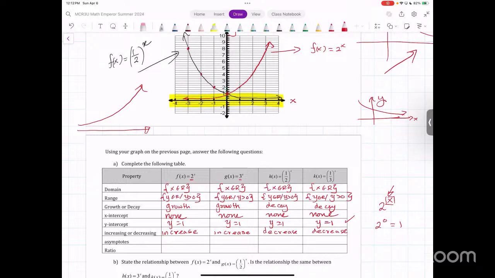Asymptote. An asymptote is where my graph doesn't touch any one of the axes or any other line. We can see the graph doesn't touch the x-axis, isn't it? So the x-axis, which the graph doesn't touch, is an asymptote. The x-axis is known as the y is equal to 0 line because every single coordinate on it, if you plug it in, is going to be 0. So asymptote